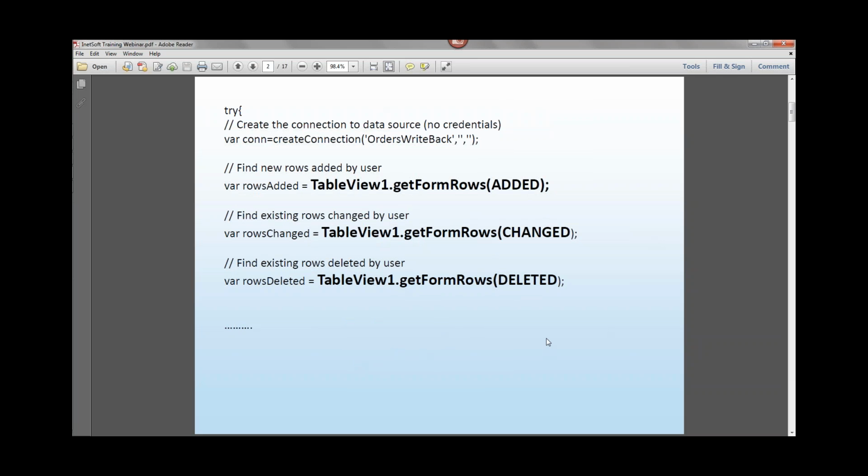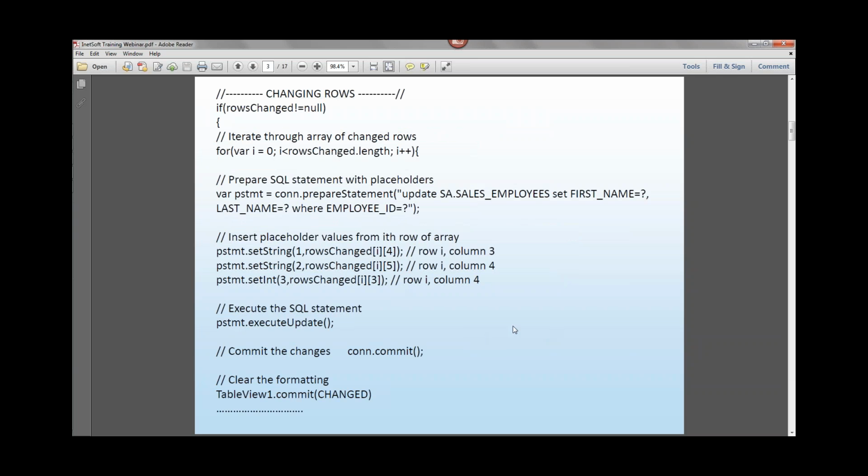Then the difficult part, the third part, is actually using this information and writing it out to the database. And to do that, we have this kind of complex scheme where you prepare the SQL statements using these placeholders, question marks as placeholders, and then substitute for the placeholders using the values from the array of changed rows, added rows, or deleted rows. And that's basically the whole deal. So I'm going to stop there. I went a little bit longer than I thought, but I guess that's about as deep as I can go into this topic at the moment.